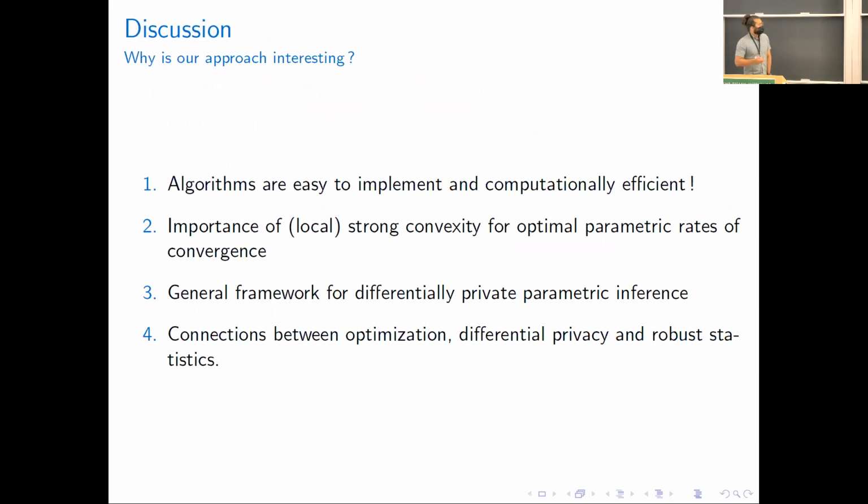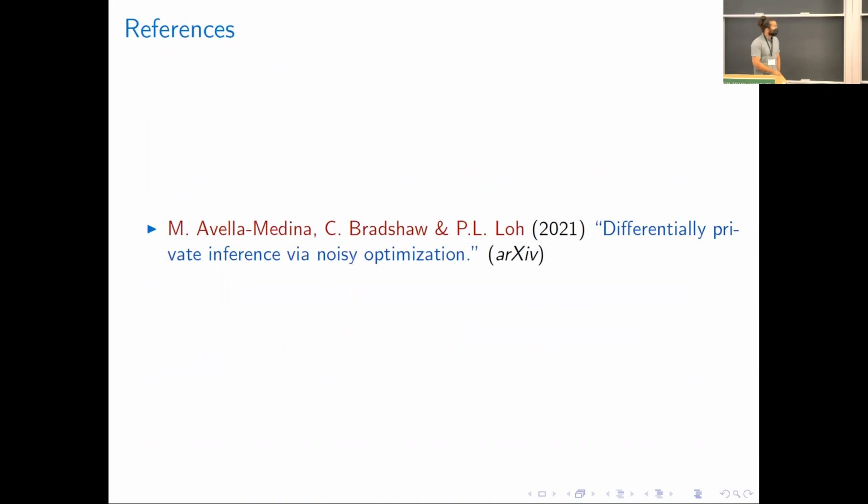And maybe I was a bit slow, so I'm not going to say too much here other than that this is easy to implement, but it's very important in this framework, for the methods to behave well statistically, that you have local strong convexity or self-concordance, as algorithms that converge fast in few iterations mean less noise for your methods. Okay, and this is the reference paper.